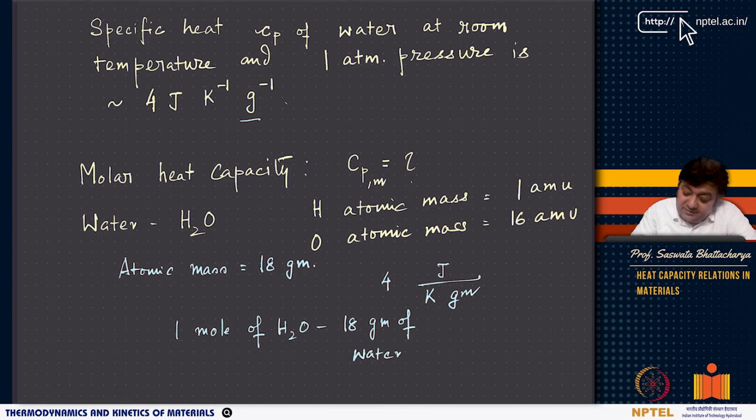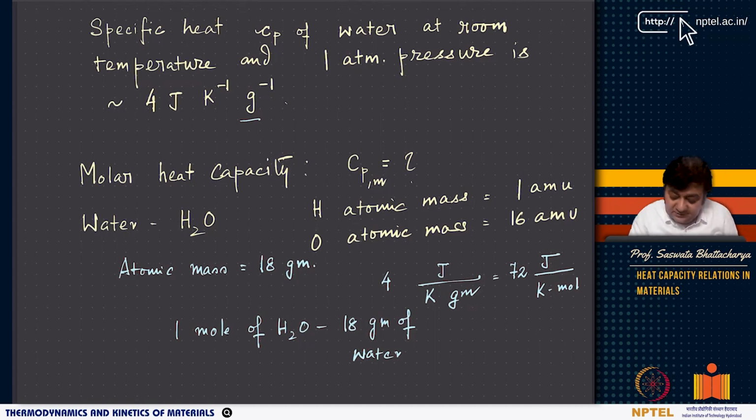So 1 gram is 1 by 18 mole. So 18 times 4 is 72 joules per Kelvin,